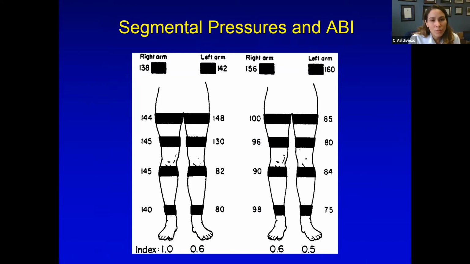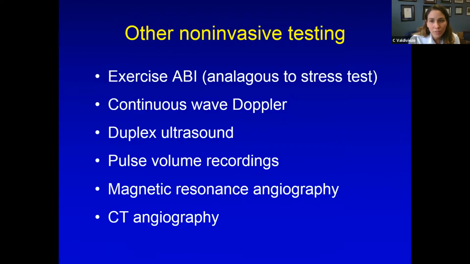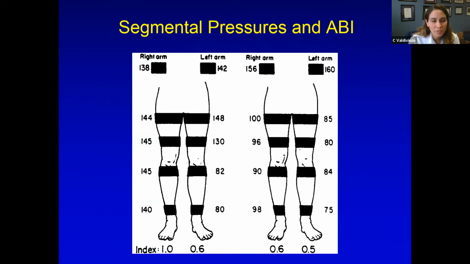So you can also do segmental pressures in ABIs based on different segmental or vascular beds. It's the same principle. You take the brachial systolic pressure and then take the systolic pressure of the specific artery that you would like to test, and can determine therefore ABIs by different segments. So in this example here, if you took the left arm, you've got the femoral or iliac arteries, and then if we go down here to the